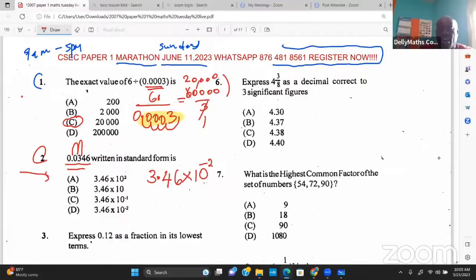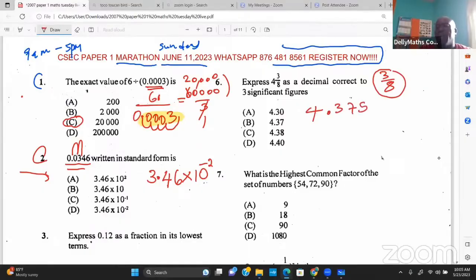So I'm going with what is on the screen. So number 6 says, express 4 3/8 as a decimal correct to 3 significant figures. So what we want to do is to firstly understand what 3/8 is. All right, so 4 3/8. You want to know what 3/8 is as a decimal, and you have to make a note to know these, the 8s. You need to know them. So 4 3/8 is